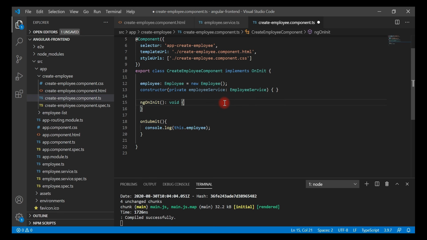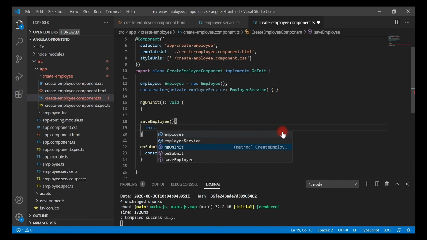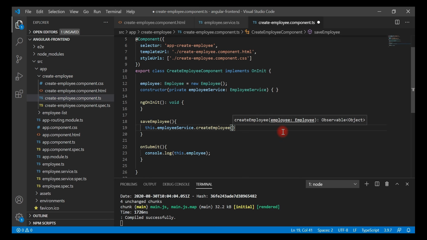Okay, great. Now what we'll do, we'll create a save employee method here, and inside save employee method let's call this dot employee service and then call its method, that is create employee, and let's pass the employee object as a method argument to this method,